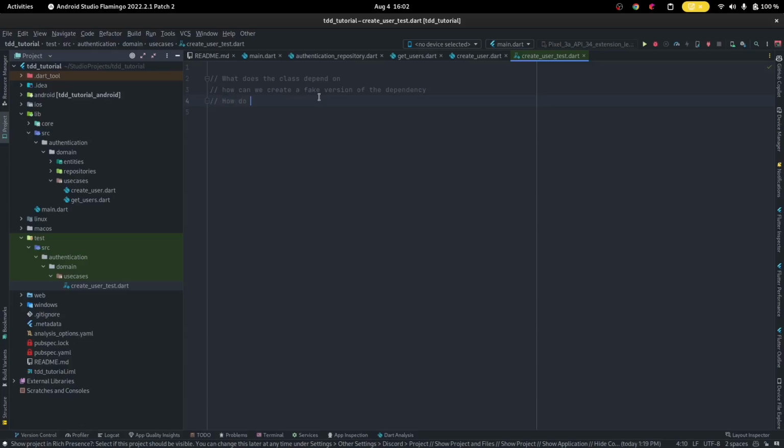How do we control what our dependencies do? How do we control everything that it does? This is where another package comes in. We actually have two packages that can handle this. We have Mocktail